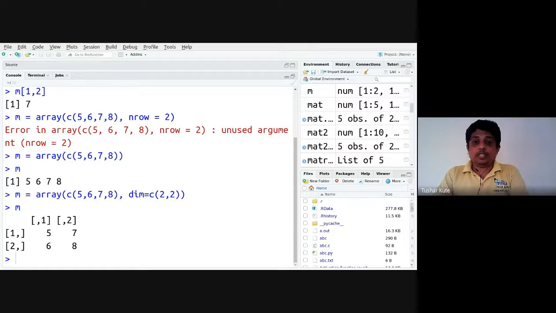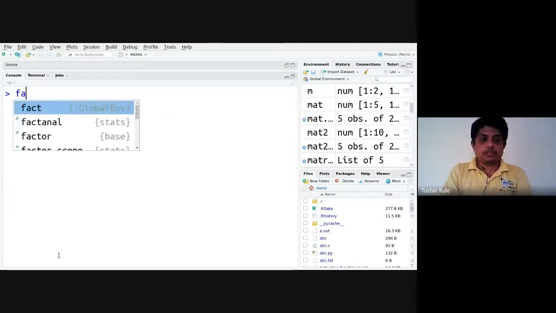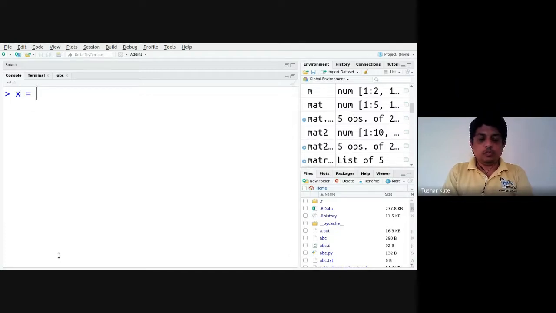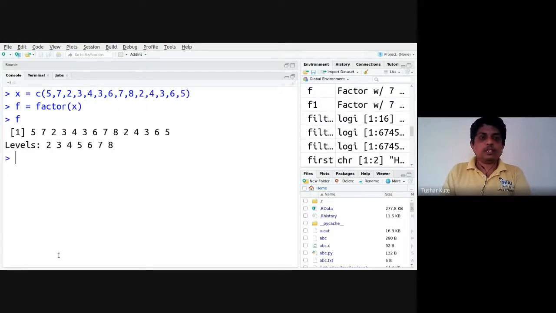The fifth one is very interesting. It is called factors. Factors are just like a set, meaning only distinct or unique values can be stored inside the respective factor. Let us see this. I write the factor method here. If I use something like x is equal to c of, okay, and f is equal to factor of x, and t.